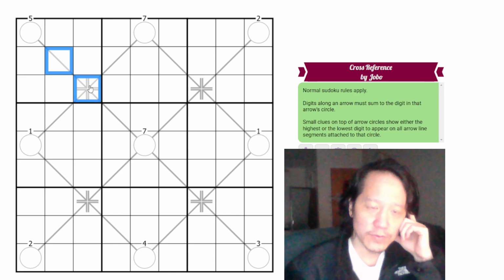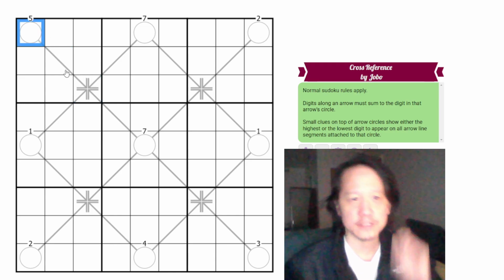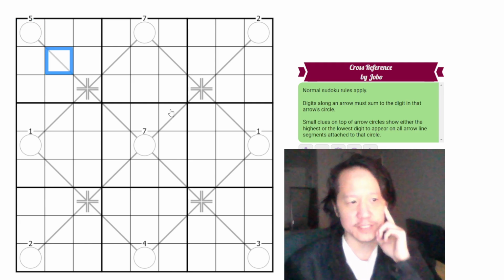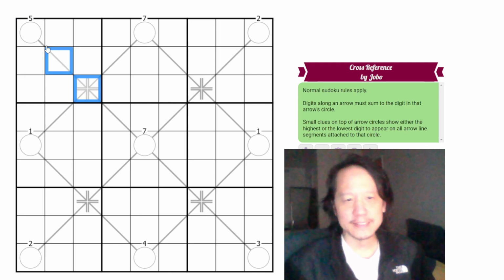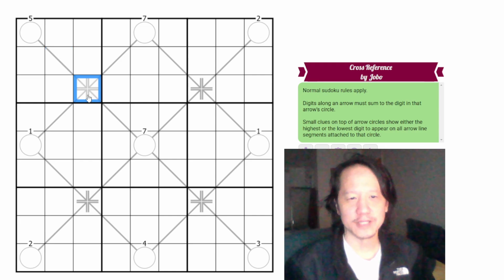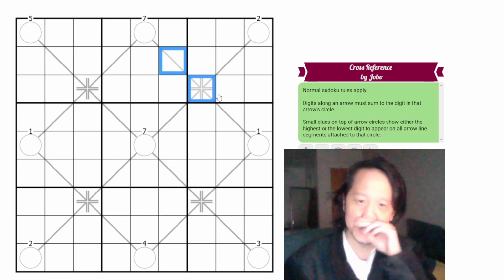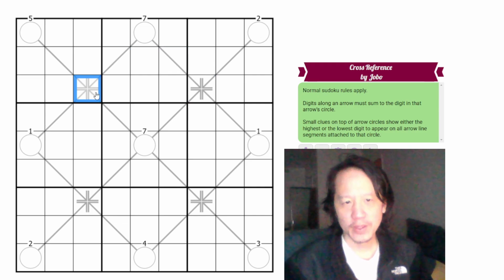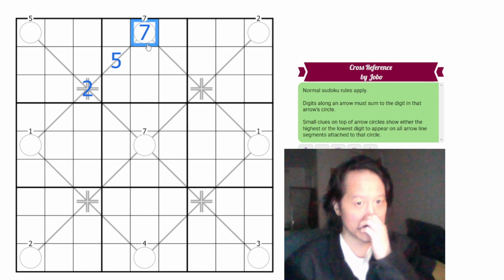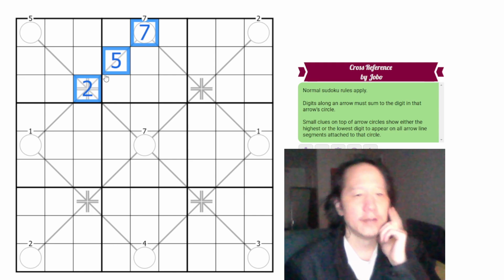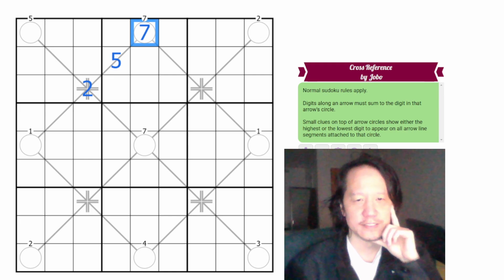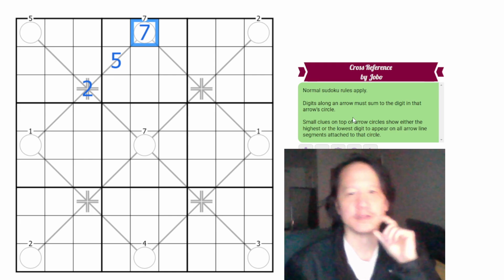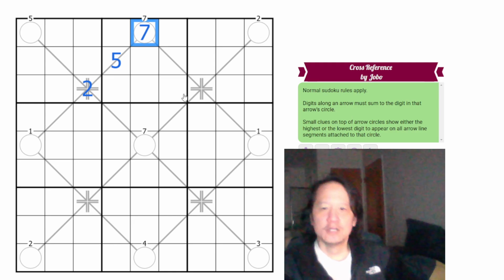But these two digits must add up to what this digit is, right? Because the digits on the arrow sum up to what's in the circle that's connected to the arrow. And this is an arrow, because it's hard to see as it looks like a different pattern. This is also an arrow. This is also an arrow. So let's use this one as an example. If this were a 2 and this were a 5, this would have to be 7 to add up to it, right? Because these two digits must add up to what that is. Actually, this is not correct, because of the next clue, which is small clues on top